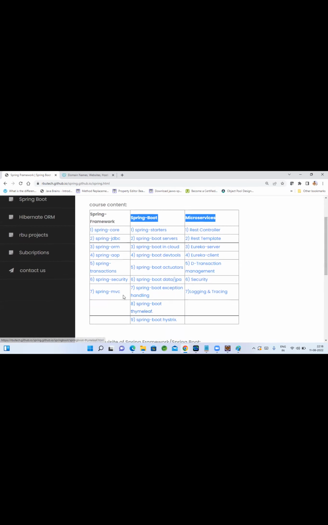Why am I covering all of this? Because as a Spring or Java developer, if you want to create your own design patterns, make things more reusable, or understand the internals of Spring, you first need to learn the Spring Framework. Otherwise, learning the Spring Framework may not be strictly required for Spring Boot development, but many concepts from the Spring Framework are used in Spring Boot. That's why I'm spending time on the Spring Framework as well, so that you get full-fledged knowledge.